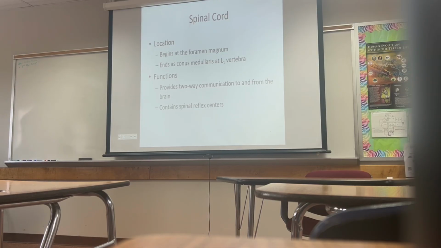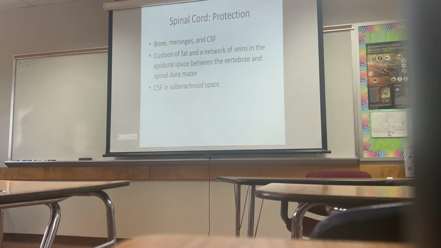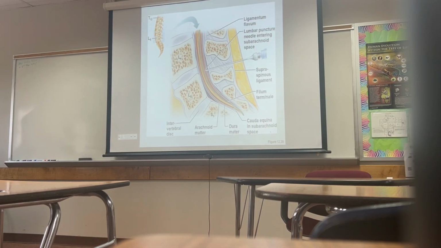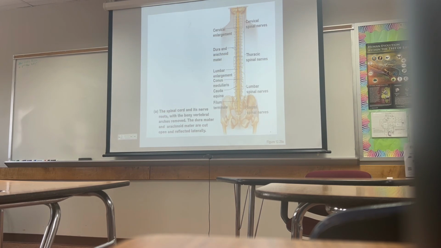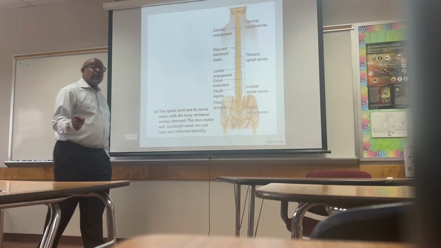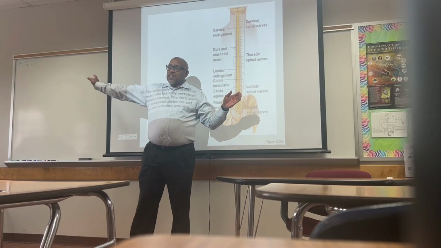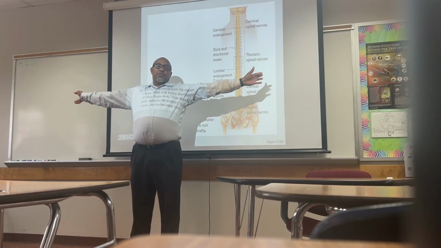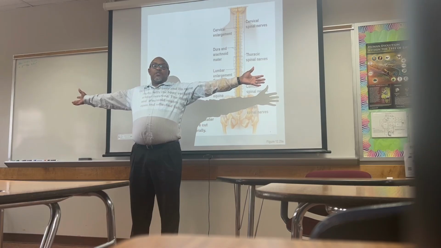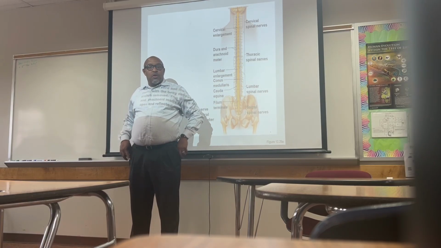All right, spinal cord. All right. Spinal cord has bone, meninges, like we said, the layers around there protecting it. We're going to talk about that. This is a picture of the spinal cord. And with the spinal cord, you should notice there's 31 nerves, or 31 pairs, of nerves from top to bottom. So there's 31 nerves that stick out on this side of the spinal cord, 31 nerves that stick out on this side of the spinal cord, and those nerves then go from the spinal cord all the way through the